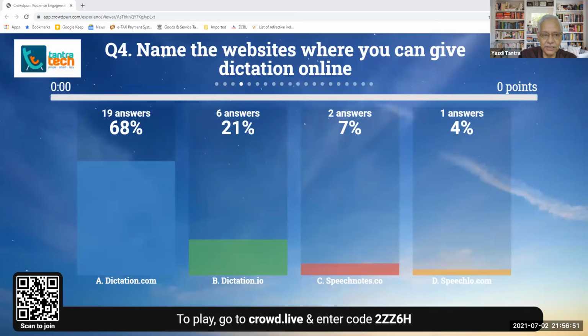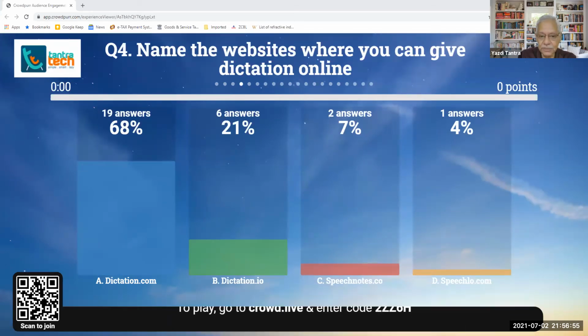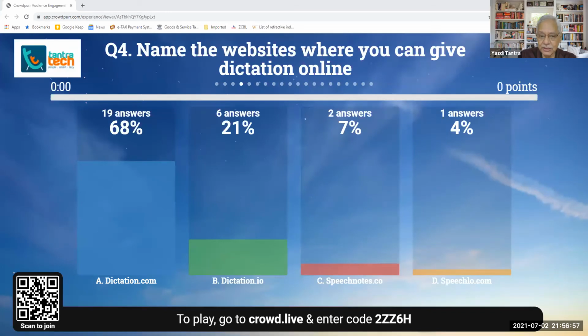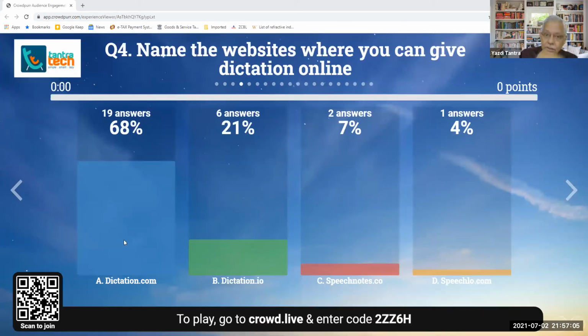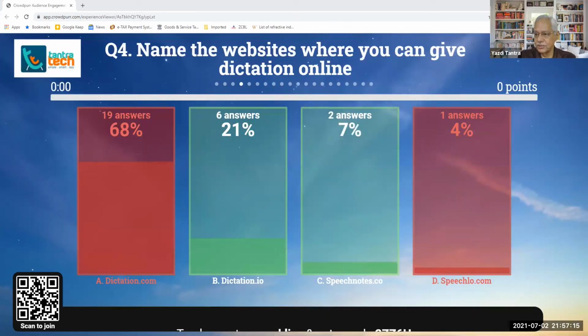People said dictation.com also. Majority of the people said dictation.com. 6 people said dictation.io. 2 people said speech notes, and 1 person said speechlo.com. There is no site called speechlo.com, unfortunately. So the correct answer, there are 2 correct answers in this case, dictation.io and speechnotes.co.